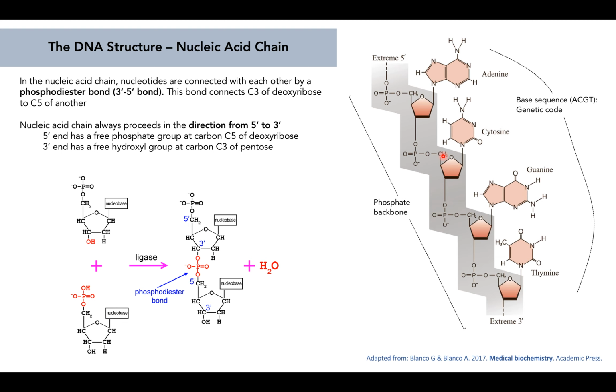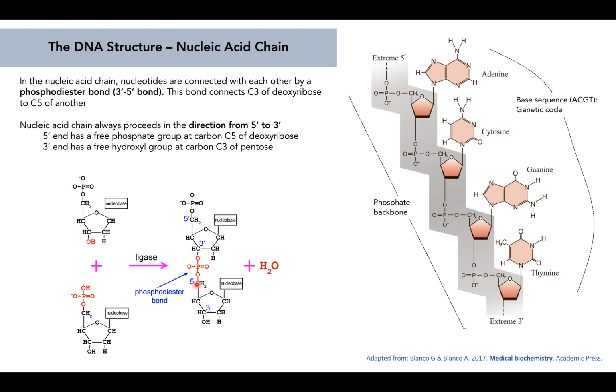Okay. Now that we know that a nucleotide is made out of a sugar, base, and phosphate, the next question is, how does a nucleotide form a chain? So what we can see here is that one nucleotide and another nucleotide will form a chain using something that is called a phosphodiester bond. Using the help of an enzyme called ligase, we can form a phosphodiester bond between one nucleotide and a